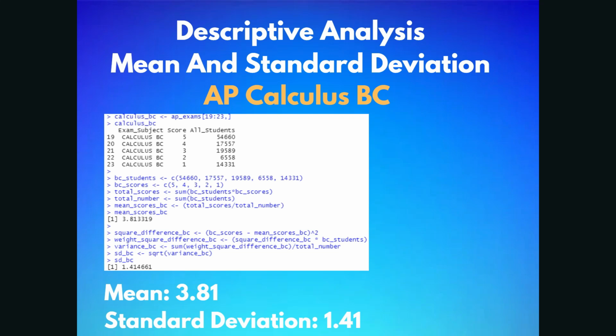I just realized there are 54,660 students, and you can see there are a lower amount of students that score a 1 on the AP Calculus BC. And one of the reasons I think is that, this is an interesting fact, AP Calculus BC has a higher average score rate than AB and a passing rate of 48.4%